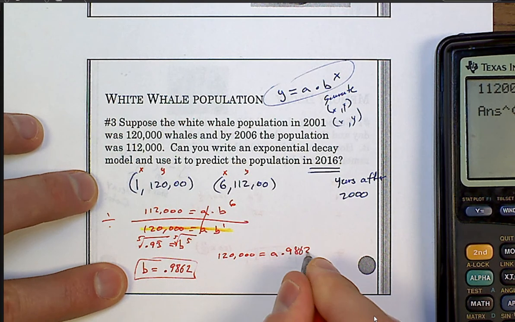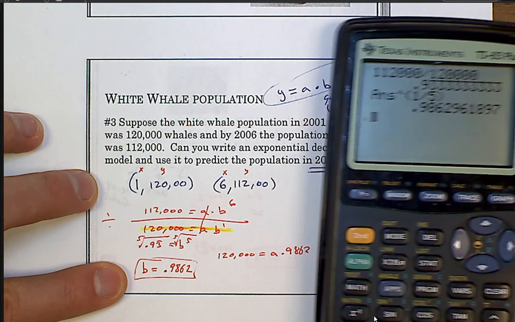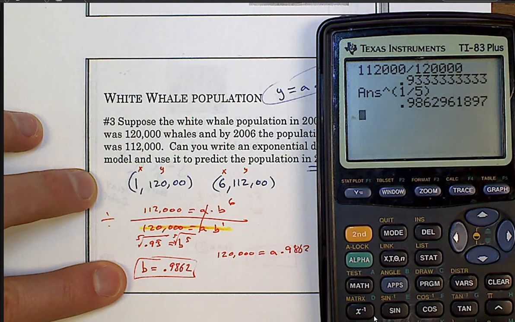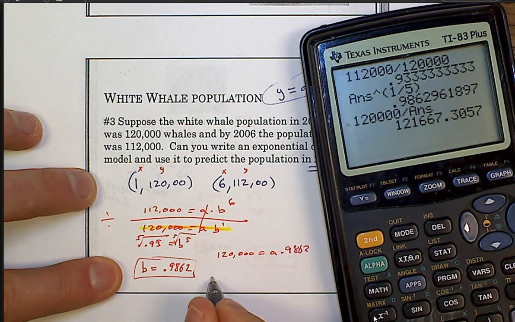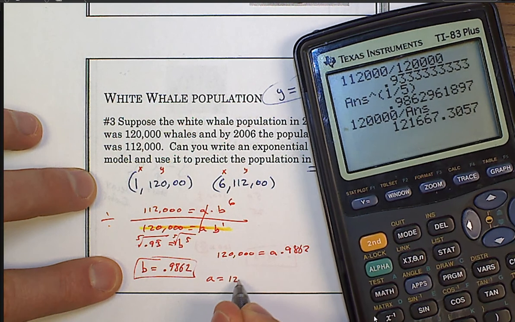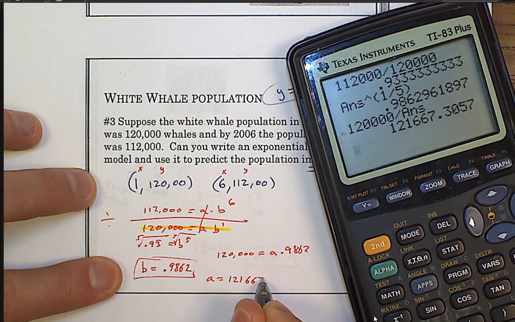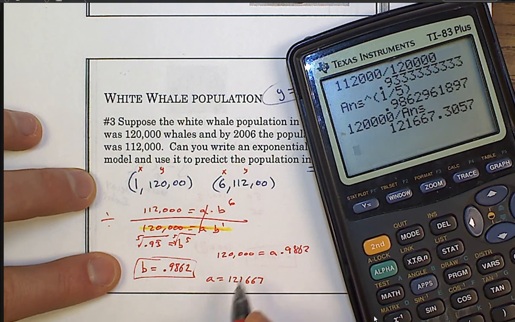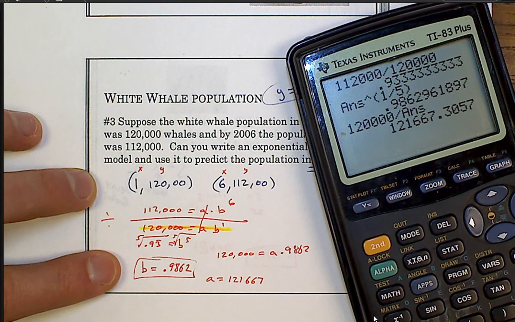So I'm going to take 120,000, and you can keep the exact answer if you keep this loaded in your calculator. 120,000 divided by that answer, and now you get your a value of 121,667, and since we're talking about whales here, we won't make a decimal point because we don't want to have a decimal whale. We'll just have a whole whale here, so we'll round down. So it's basically